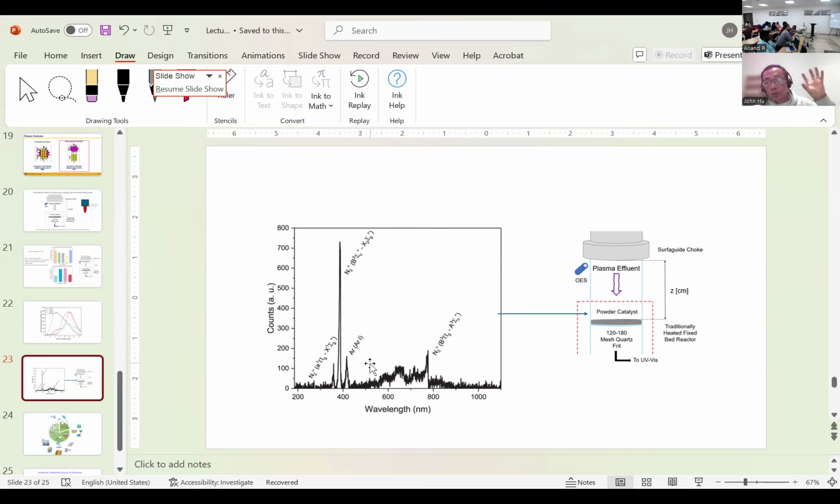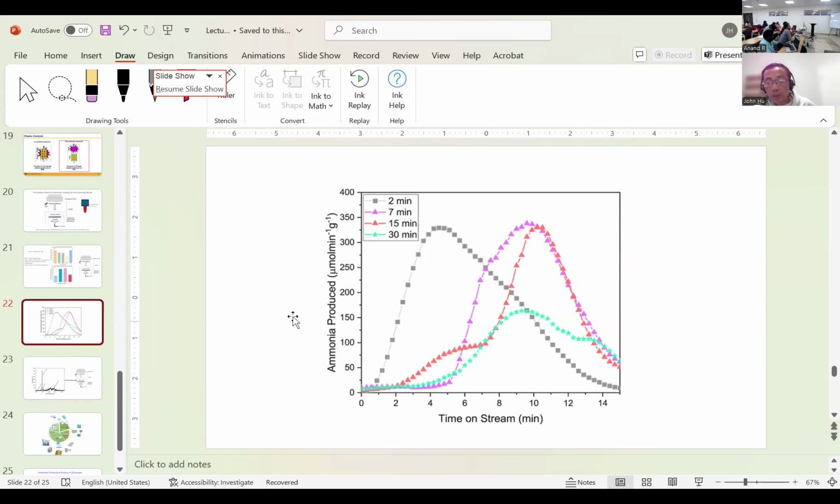You want to make sure that on the catalyst surface you have these peaks. If your OES pointing to the catalyst does not show these peaks, sorry, your reaction is not plasma chemistry. Your reaction is just like a microwave or thermally heated reaction. Only when you see these peaks on the surface, and you know that's plasma chemistry, then you can observe